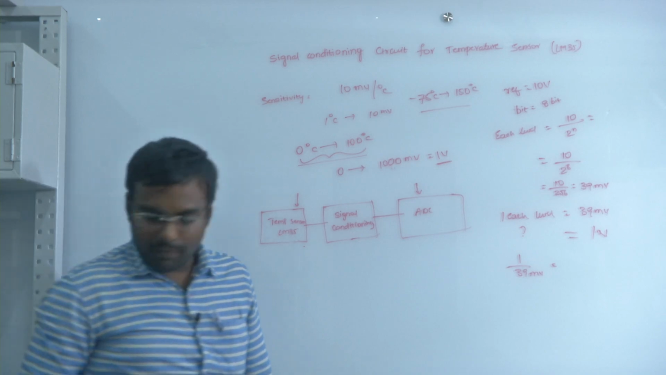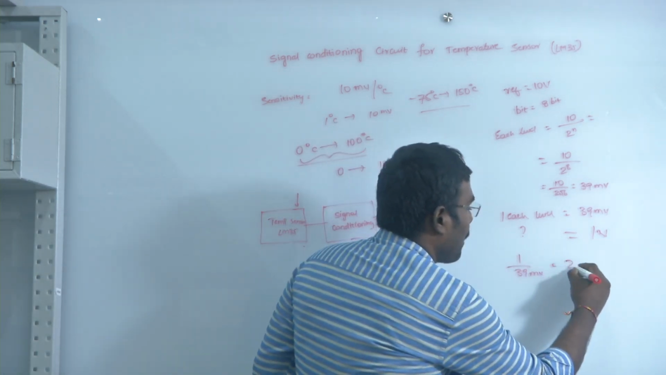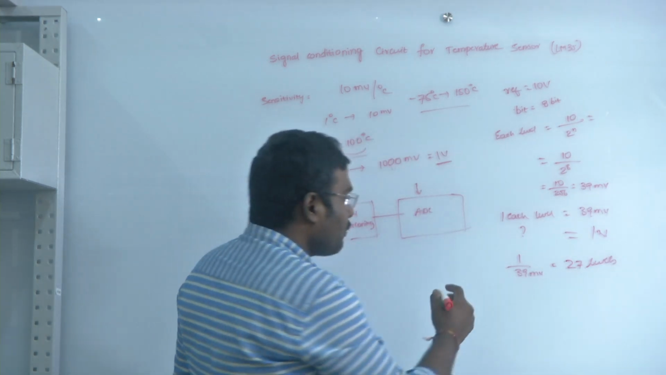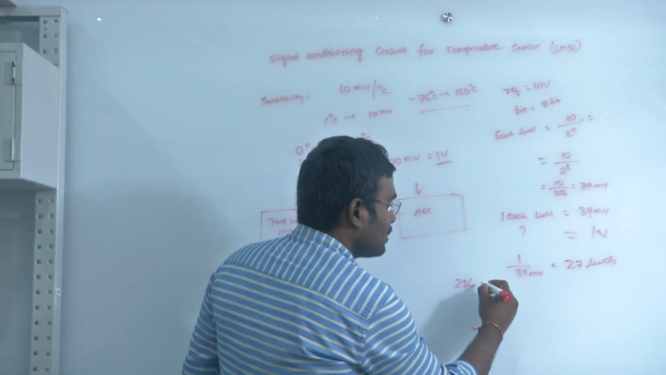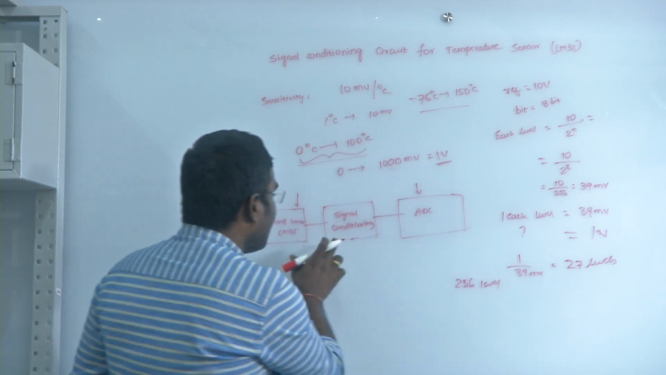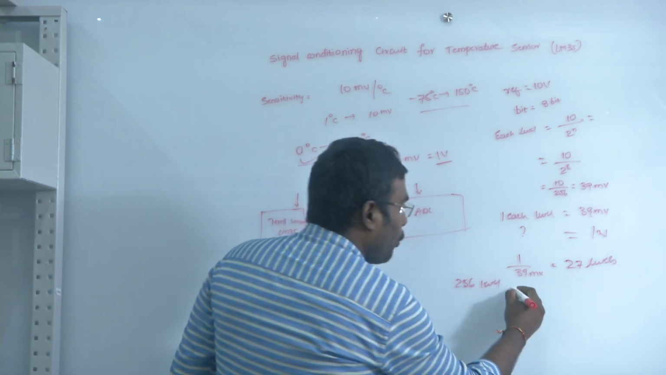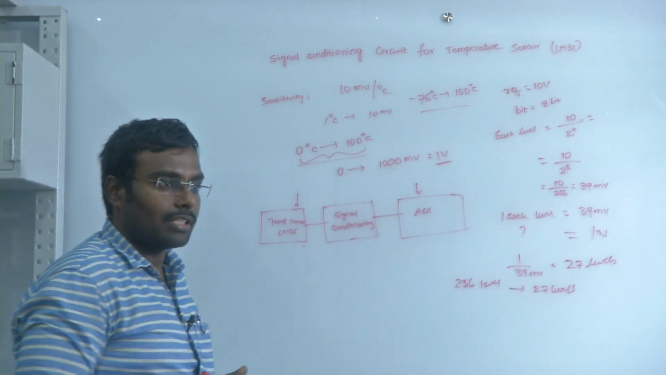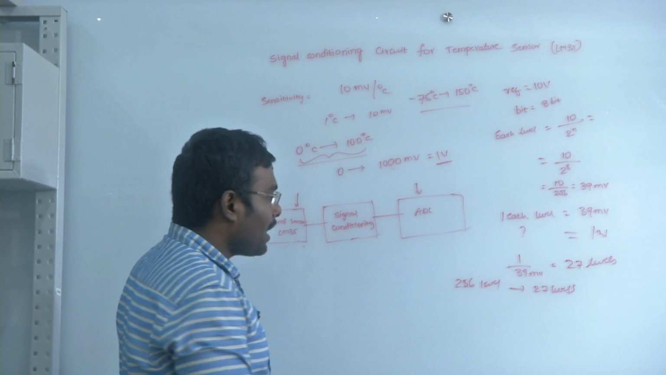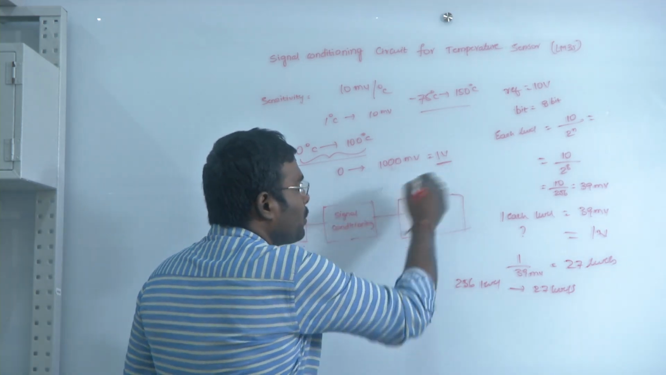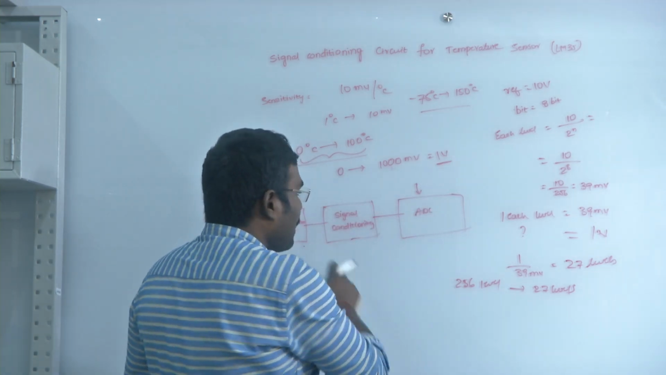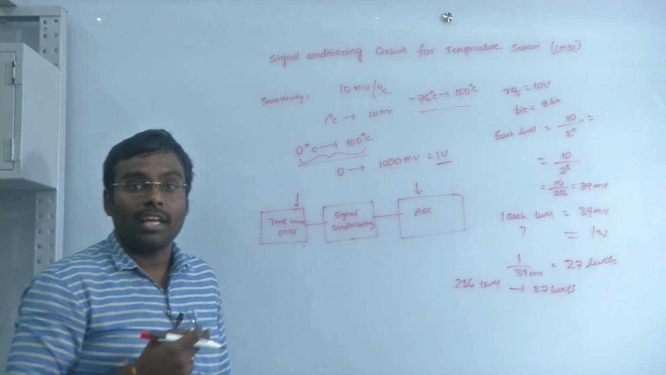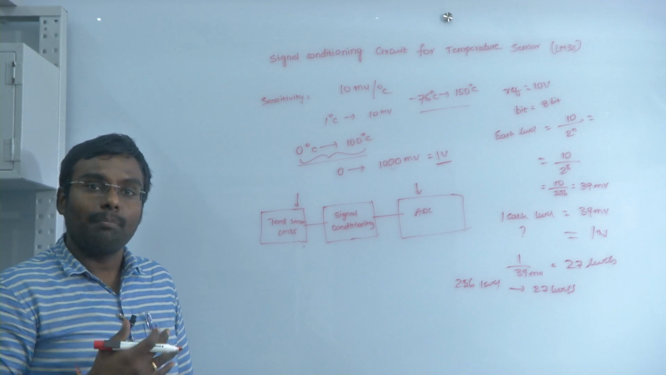So, which means it will use a total of approximately 27 levels. Out of 256 levels, if we directly interface the sensor to the ADC, it can only utilize 27 levels. The remaining are not utilized. Rather than using that, if I am able to utilize the complete output voltage from the temperature sensor to all the levels of the ADC, then the resolution of the ADC